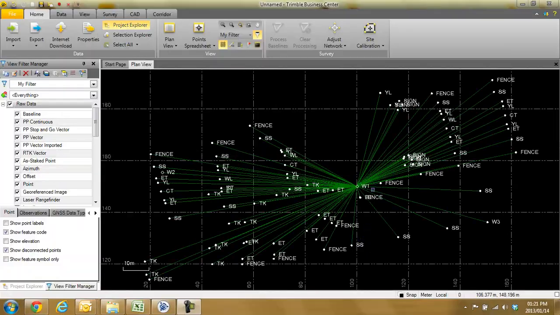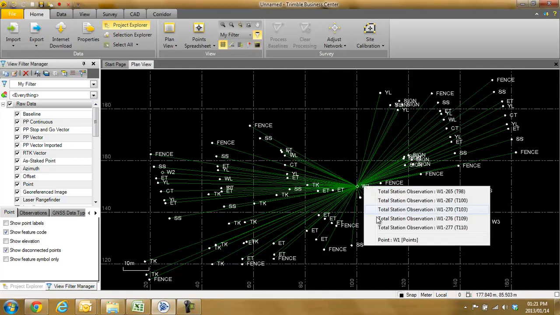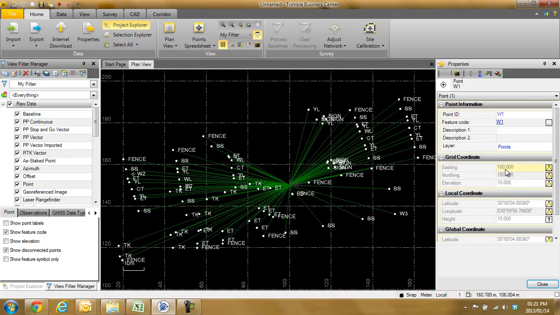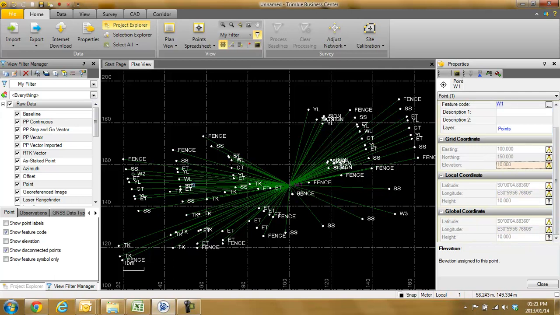In this video we will show you how to add known points to station setup W1, correct the orientation by also adding a known point to your observed control point W2. When the surveyor was in the field, he did not have the coordinates with him, so he simply set up on W1, gave it an arbitrary coordinate of 100, 150 and 10,